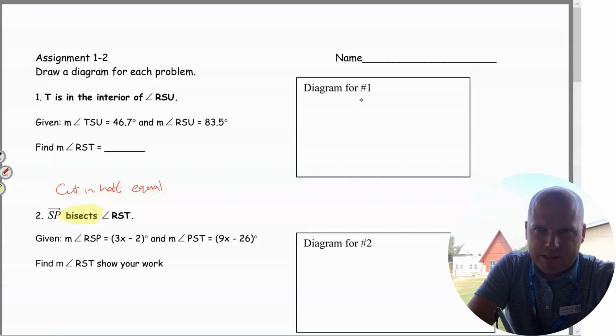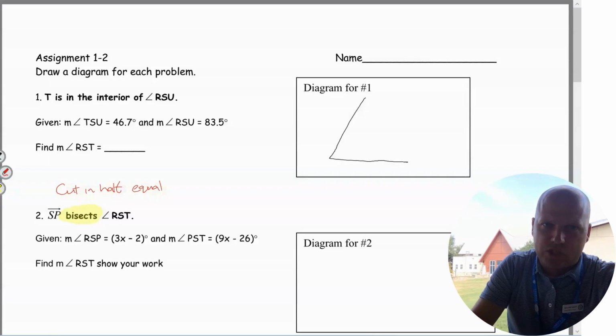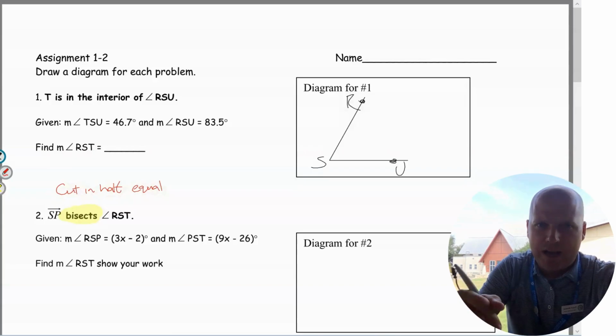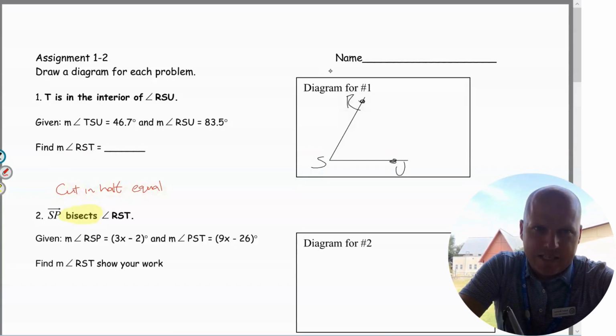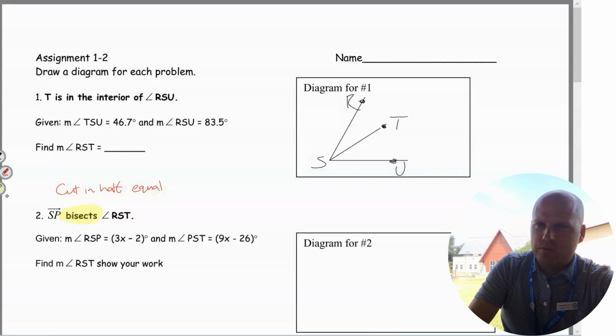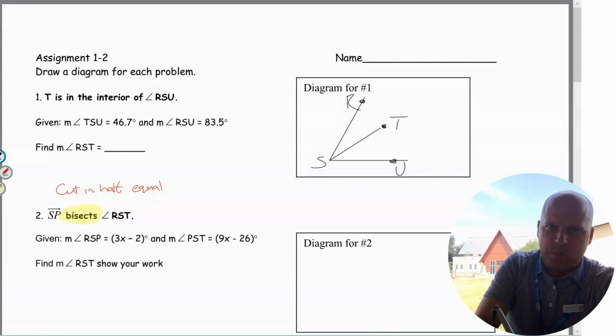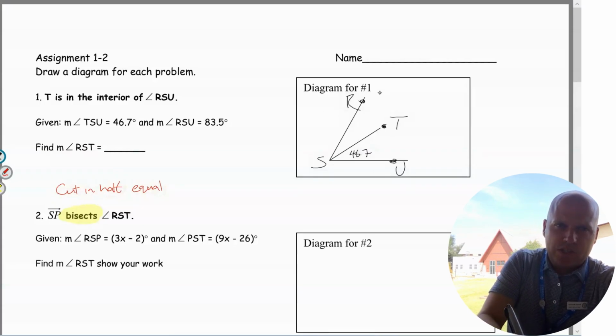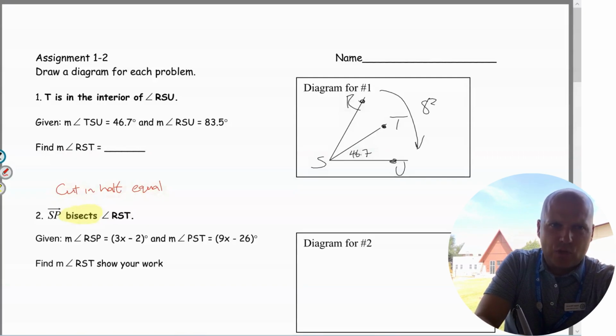We got T in the interior of angle RSU. We like to just start with an angle. If it's angle RSU, that means S is going to be what we call the vertex. We say T is in the interior. So here is T on the interior. We're not exactly sure if it's halfway. It may or may not split the angle in half, but we are told that angle TSU is 46.7. Angle RSU, this entire angle, is 83.5. So if I ask for RST,